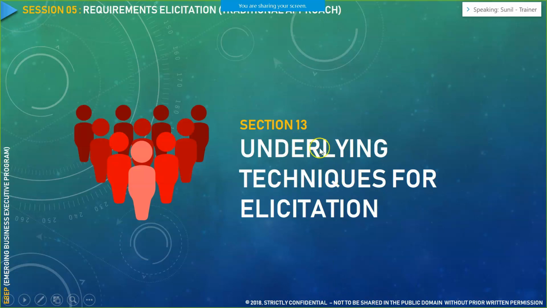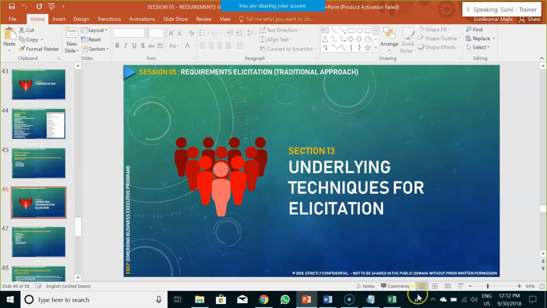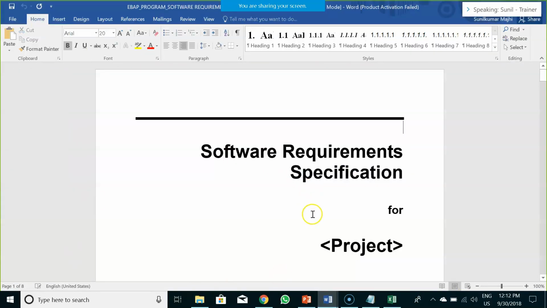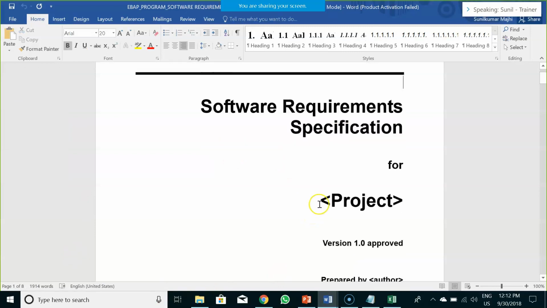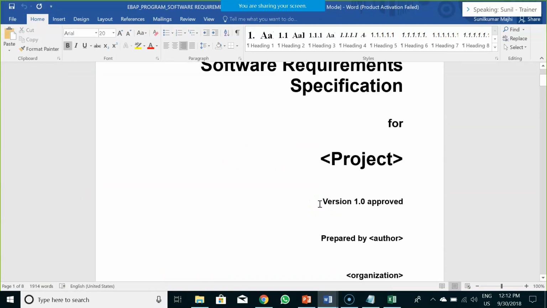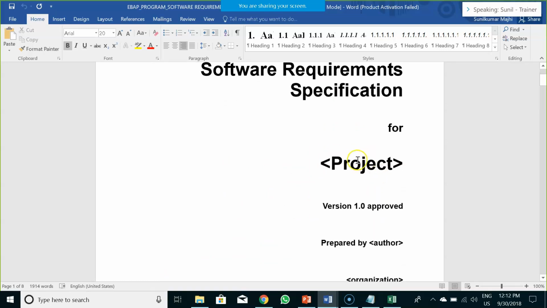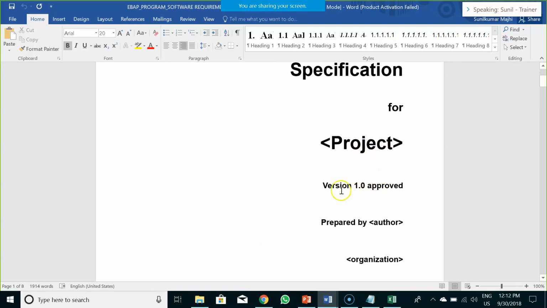Now, before we go to the underlying technique for elicitation, let me show you a sample software requirement specification. This is a template of a software requirement specification. It would be a Word document like this, wherein you would have your project name. Here you would have the versioning of your software requirement specification, like we saw yesterday for our business case.